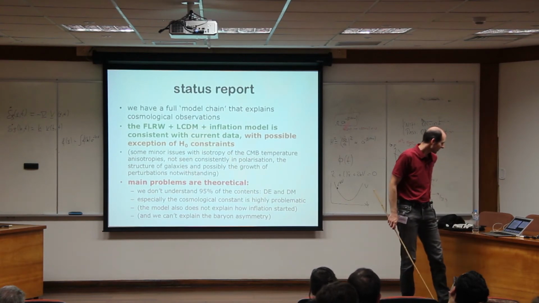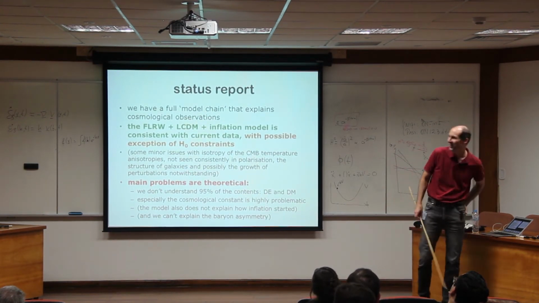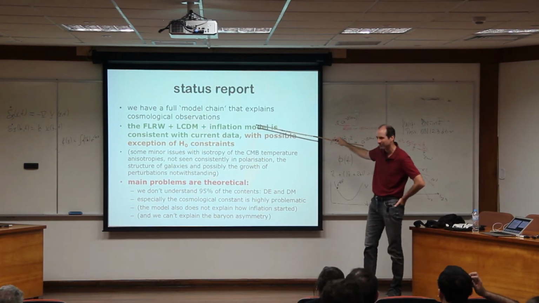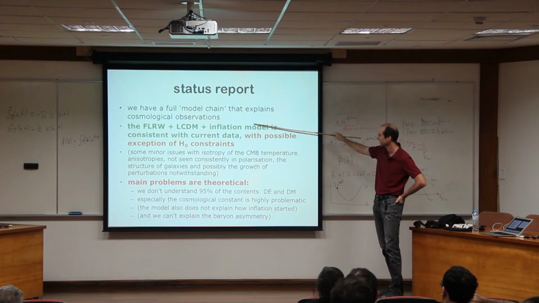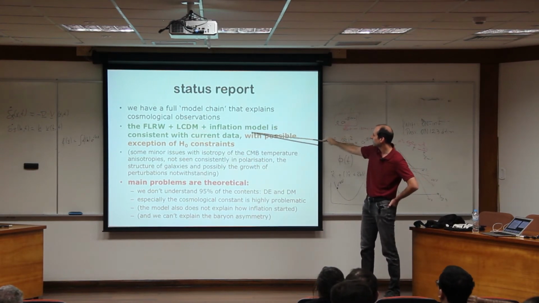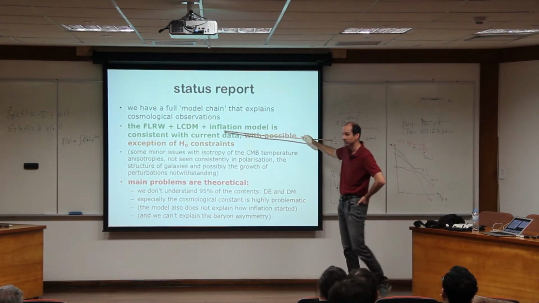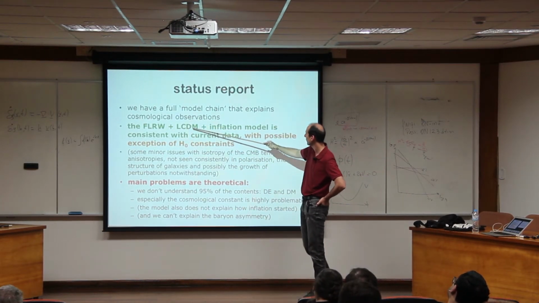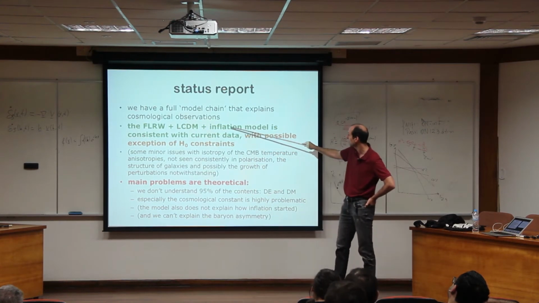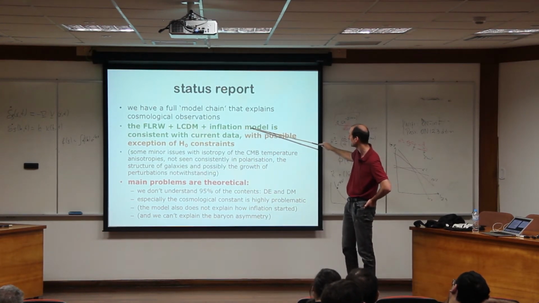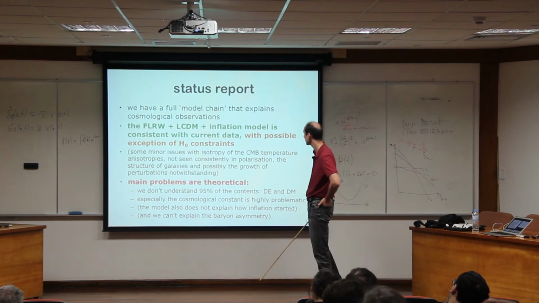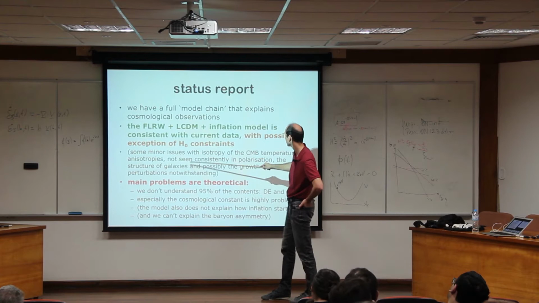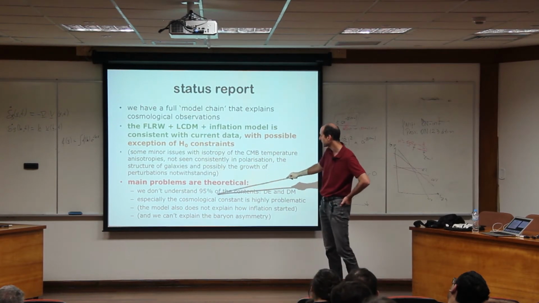Okay, so I wanted to be here about 10 minutes ago. But effectively this is the end of the cosmology part, except as I said, we're already deep in dark energy. So at this point now, thinking of it as a cosmology lecture, we have our Friedmann-Lemaitre-Robertson-Walker metric, we have lambda CDM as a model, we have inflation for the initial condition, and this is actually extremely consistent with the data, except maybe H naught, but that's not what I want to talk about, and maybe some other main problems.